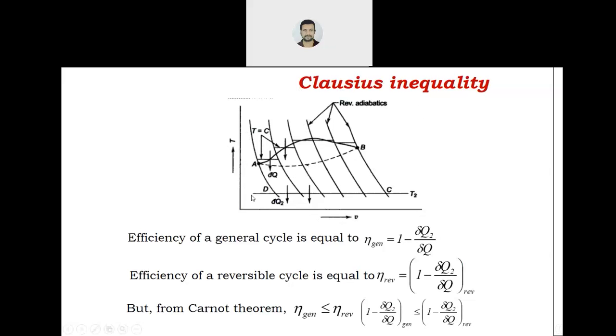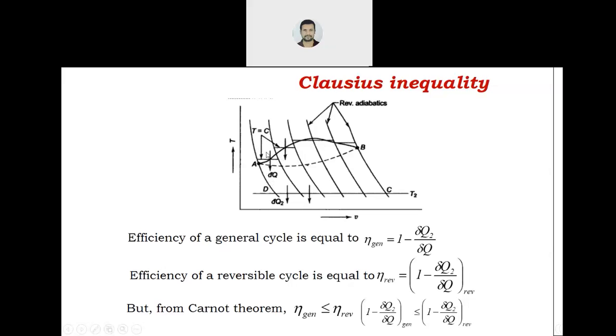Okay. Now I told you we will take a body, we will divide it into a number of small bodies, and each small body will constitute one cycle. Same thing you can see here. The body is divided into small strips, and each strip has one cycle. Now first see here carefully. This is an isothermal process where dq amount of heat is added. At the downside, this is also an isothermal process where dq2 amount of heat is released. Similarly, in all the cycles there are four processes, two isothermal and two adiabatic.